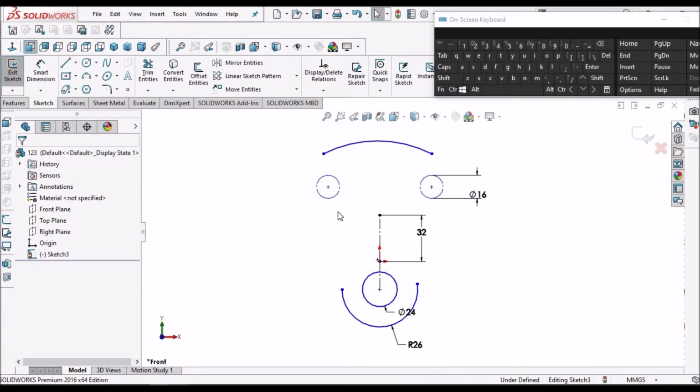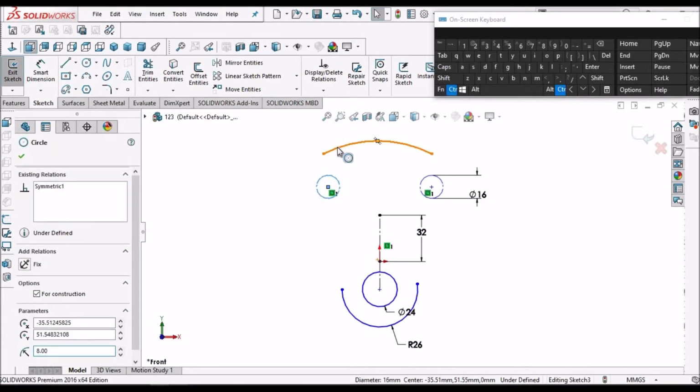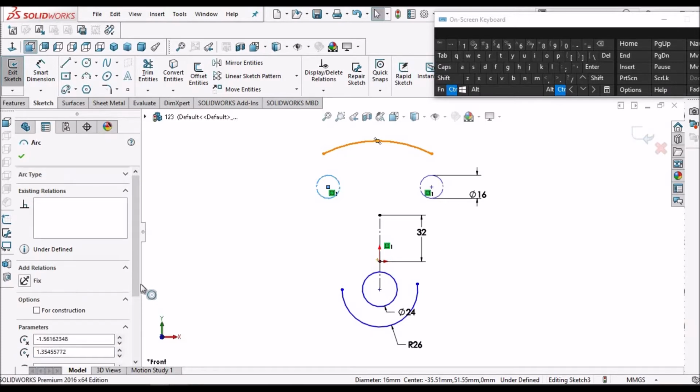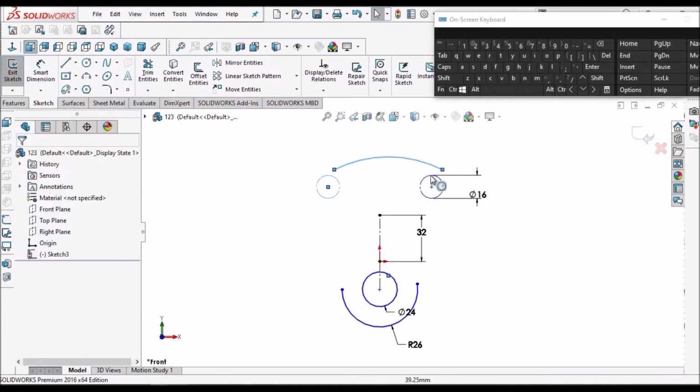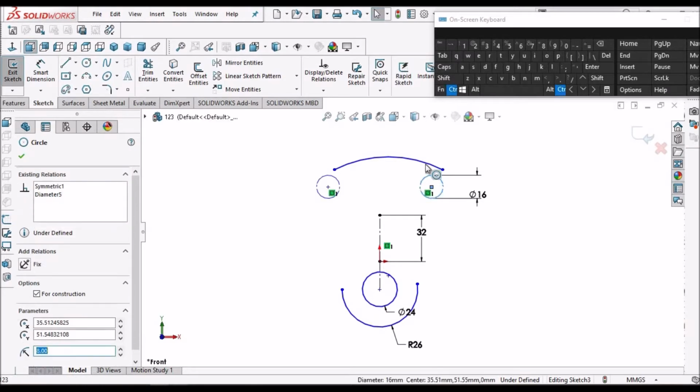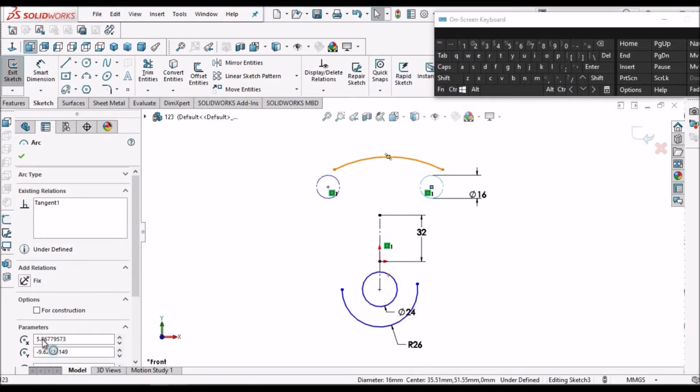Here the circle and arc, make it tangent, and this circle and arc, make it tangent.